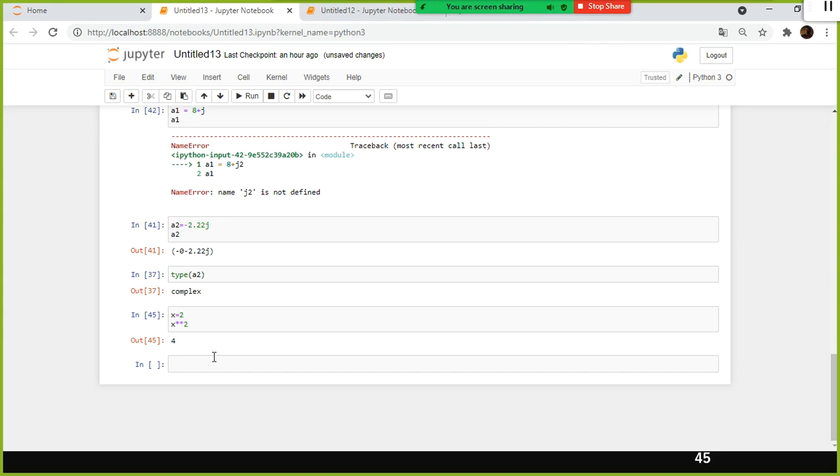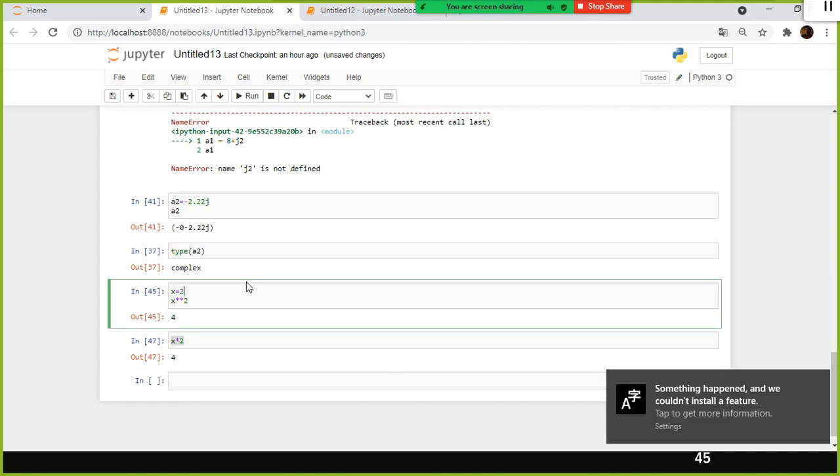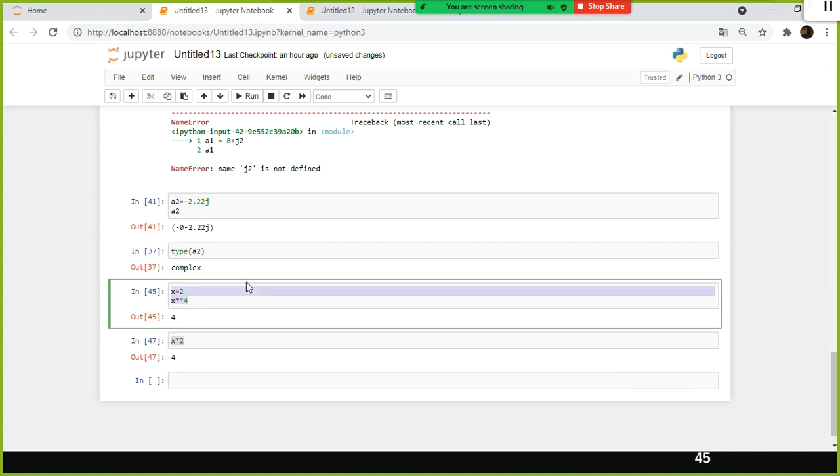If you want to square the value, you need to use double star, x double star 2. If I use x star 2, it will simply multiply the value, 2 into 2, 4. If I want 2 to the power 4, which is 16, then you need to use double star.